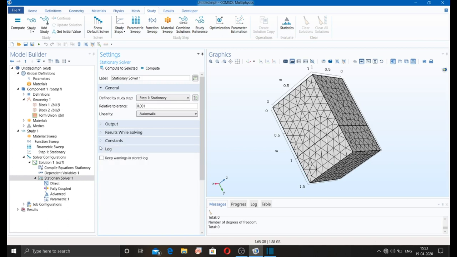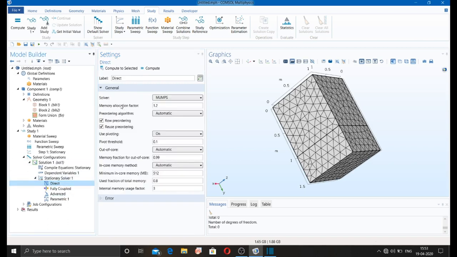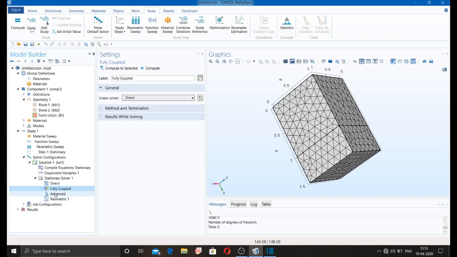Plotting constant log, you can use any kind of direct probe, fully coupled linear solver.